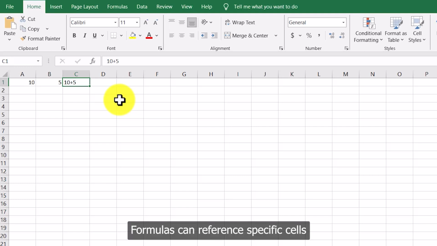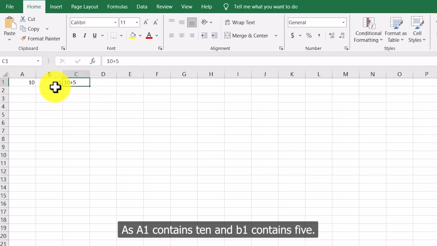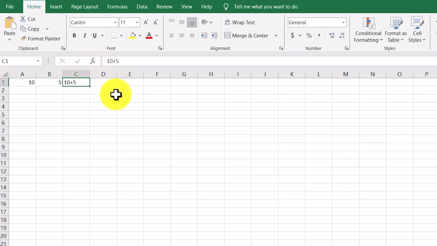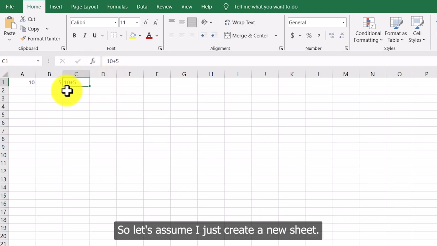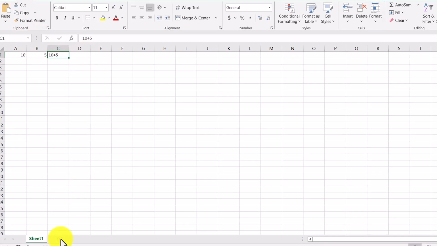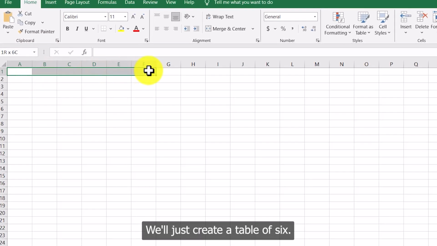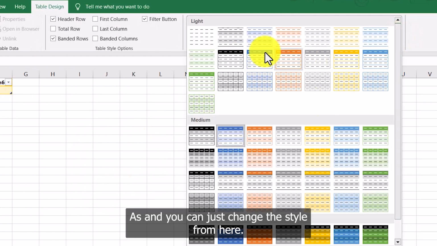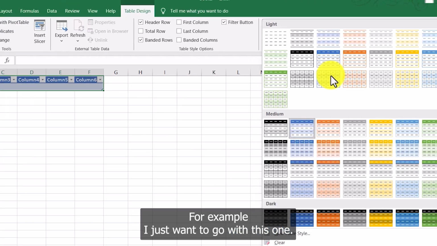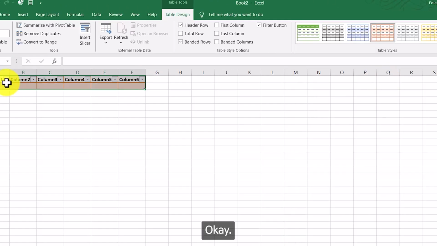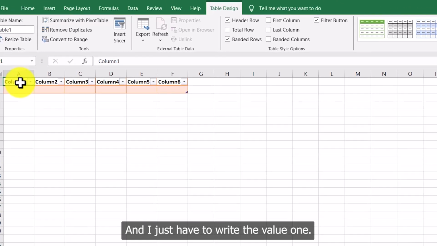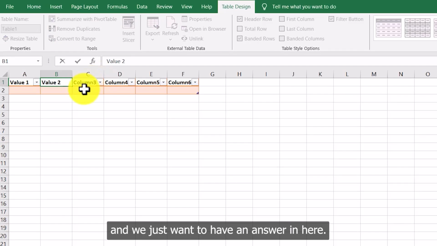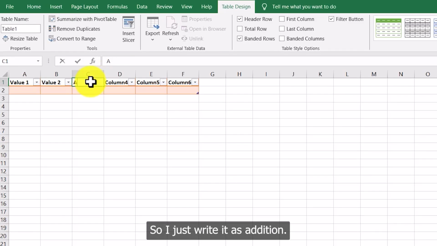Formulas can reference specific cells rather than using fixed numbers. As A1 contains 10 and B1 contains 5, C1 should have the answer of 15. So let's assume I create a new sheet. We'll create a table, and you can change the style from here. For example, I'll go with this one. This looks a little formal. Okay, and I just have to write Value 1, and we want to have an answer here, so I'll write it as Addition,